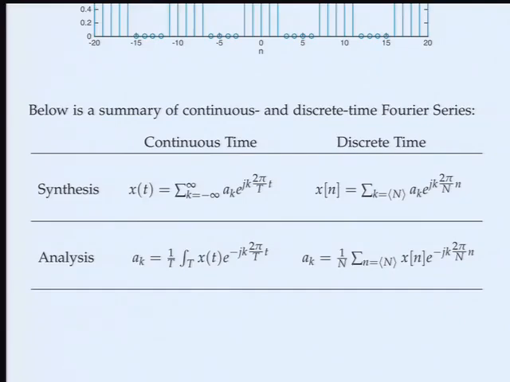Analysis equations, that's how you calculate the Fourier series coefficients. In the case of continuous time, it's an integral over one period. It's your choice where you start. If you start at 0, you should stop at capital T. If you start at -T/2, you should stop at T/2. So you do that, and you get the coefficients. In discrete time, of course, integration over time becomes a summation over time. Again, you do this for one period. Choose where you want to start. It's a periodic thing that you're adding. So as long as you add N successive terms, you're done. And divide that by N, and that will give you the Fourier series coefficients.